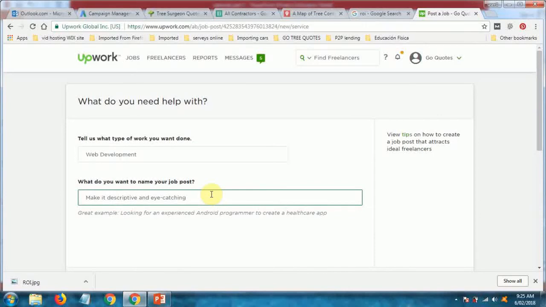If you need someone to chase up invoices for you, or if you need someone to do accounting like what I get done, you need someone to do SEO for your website. There's so many things you can get done online, which is just going to be a lot cheaper than what you're paying. I do advise you to be wary. Maybe do some tests first with certain people before handing over the keys. The good part is, I'll just go back to my jobs and I'll just show you,